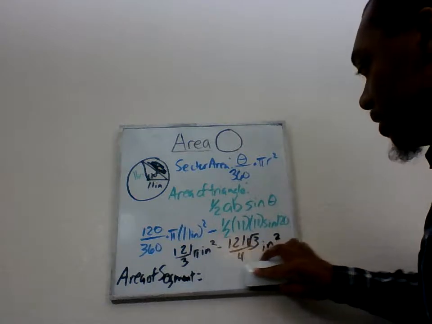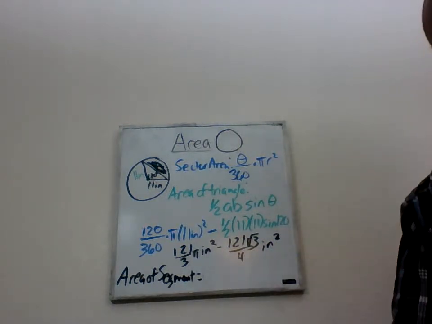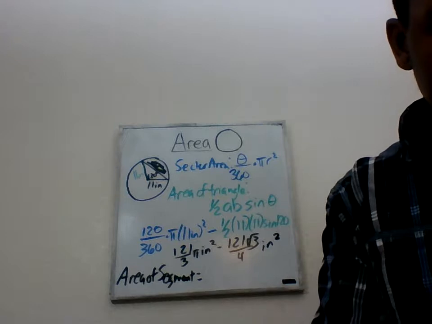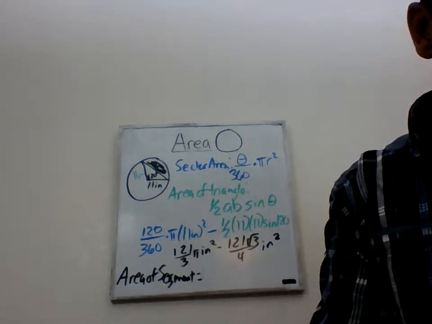And if we want the approximation after that, we will subtract those two entities and we would end up with